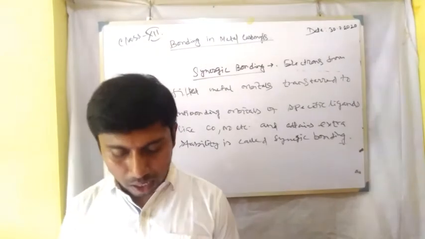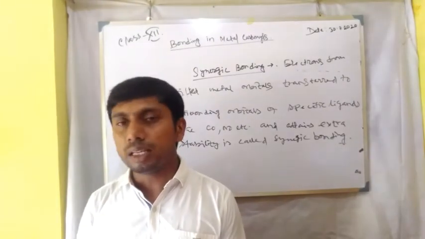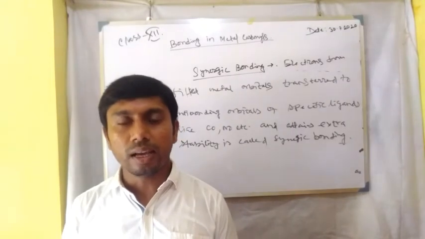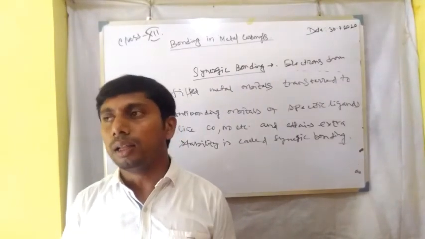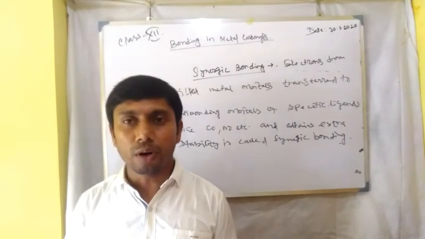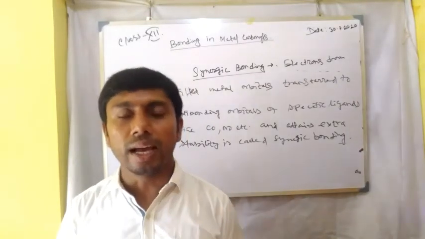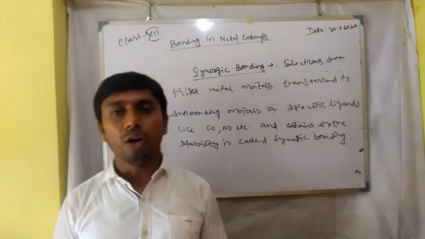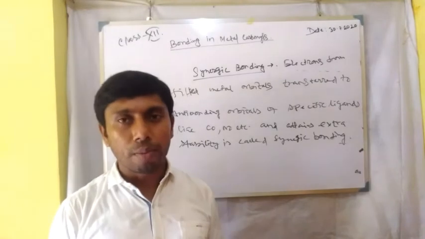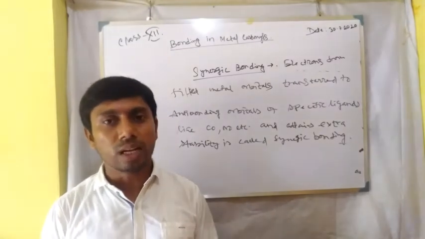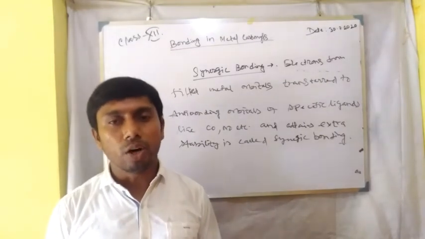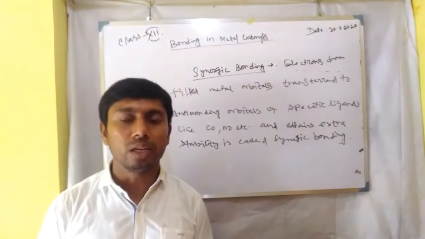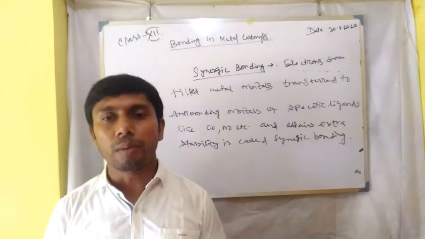Already we know that carbon monoxide, that is carbonyl, is a very strong field ligand. It is the strongest field ligand, we can say, and every time a low spin complex is formed in the case of the strongest ligand. Now, as it is a low spin complex, and carbonyl is a neutral ligand, the oxidation state of the central metal atom will be 0 if the only ligand is carbonyl.